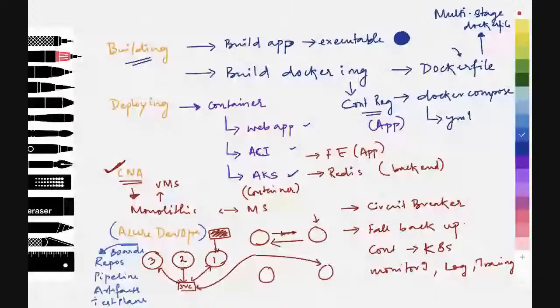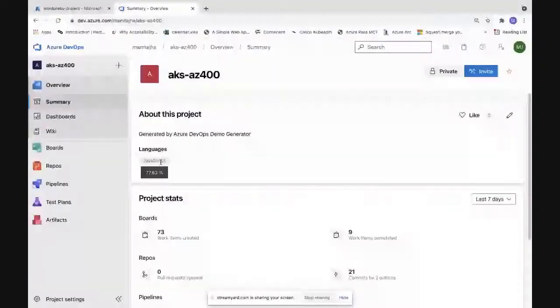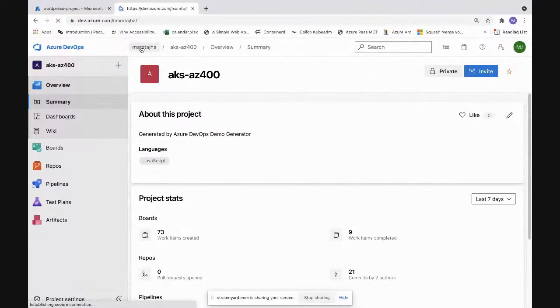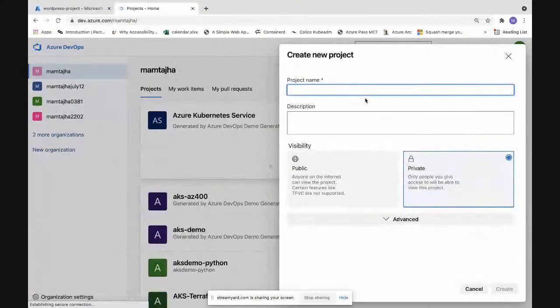I have already created a few things and kept them, but I'll go ahead and create a few things so that we can start with it. I've already created a project. To create a project in Azure DevOps, you go to your organization, and on the right-hand side, you have Project. A project has a name, a description, and a visibility associated with it.